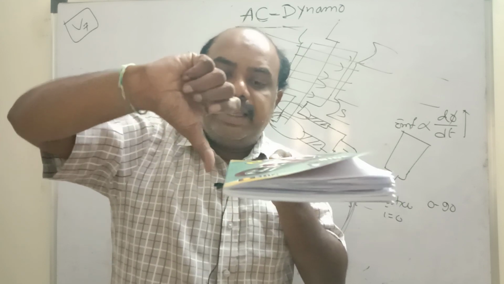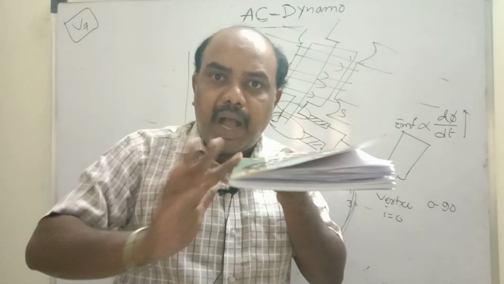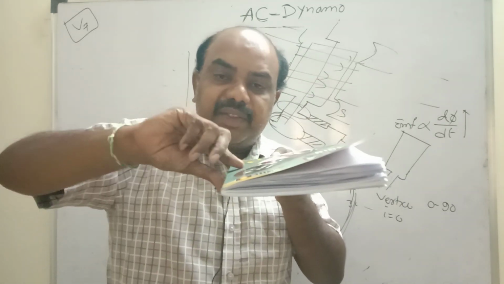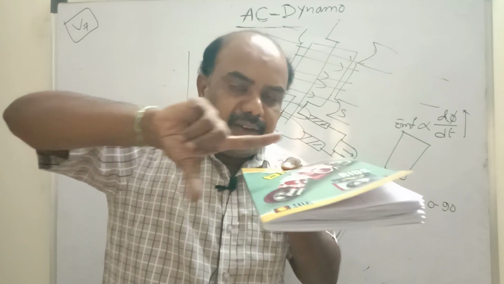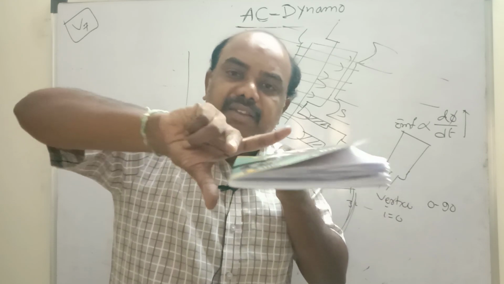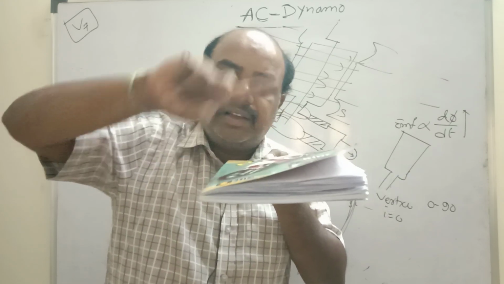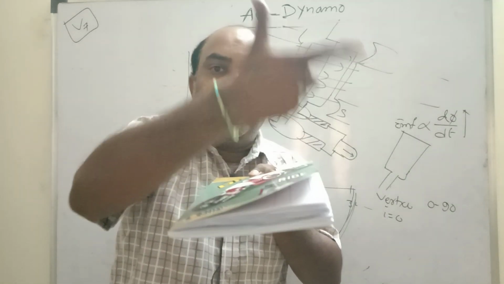Try to understand. Here this is arm 1, this is arm 2. This arm is going down, in my thumb direction it is going down. This is the uniform magnetic field from the horseshoe magnet, north to south. The current will be outwards, away from my face. Here what will happen? The arm is going up.